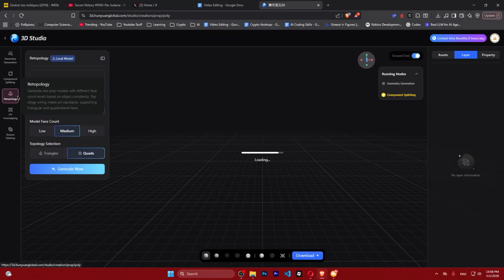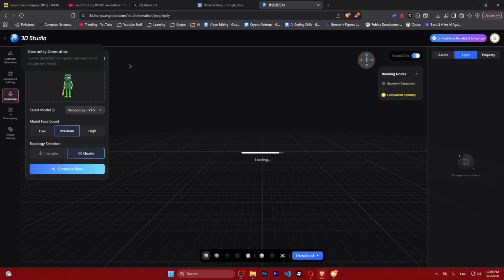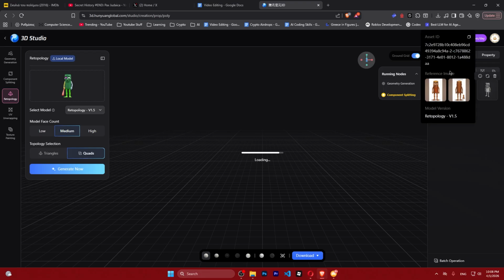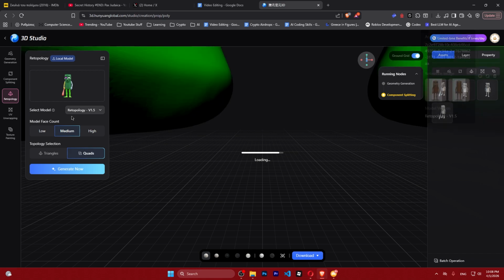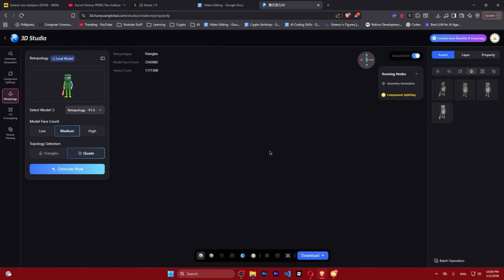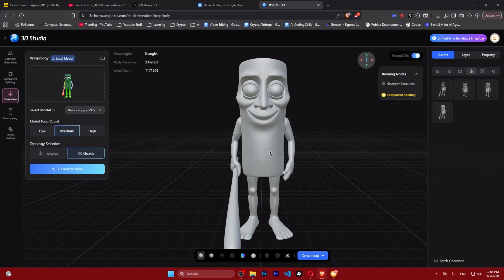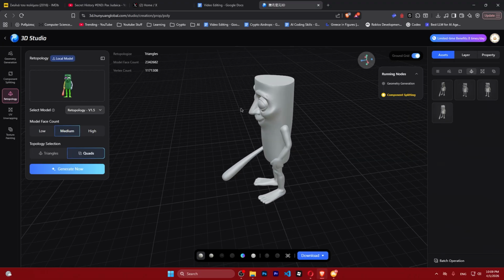So right now we're going to move into topology, or better said, retopology. Here you select your assets from geometry generation, and what you want to do is select them and click retopology. Retopology is going to optimize your 3D model, make it have less detail supposedly, and make it more efficient, so engines will not use a lot of money or GPU power, let's say, to render your